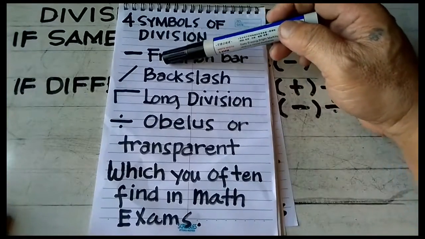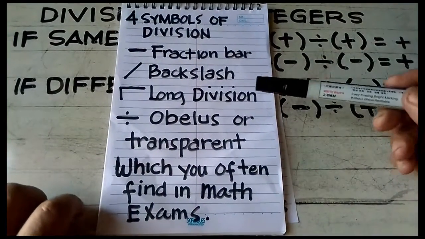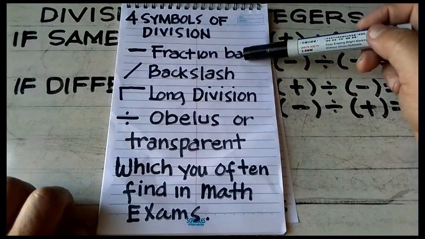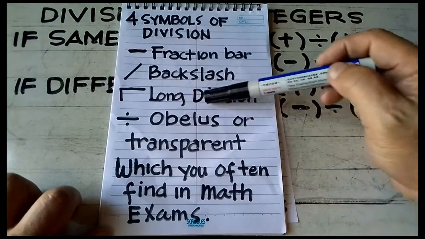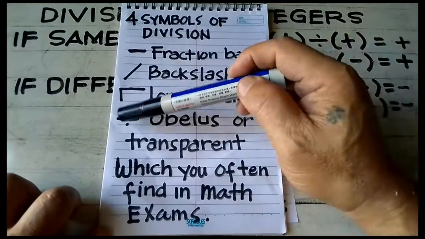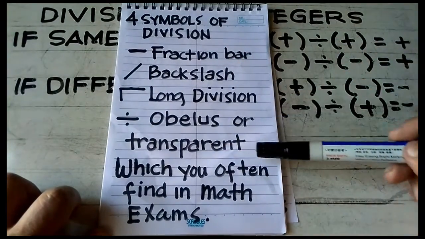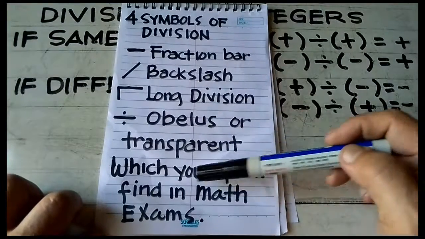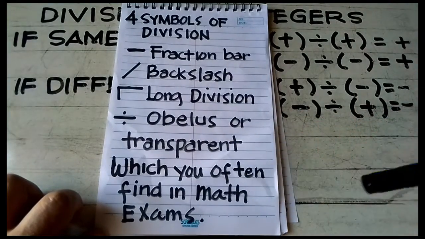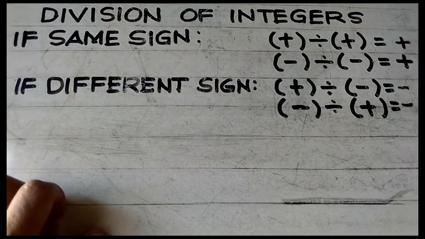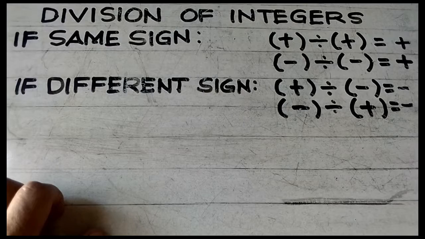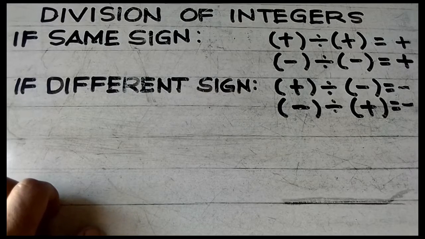This is the horizontal line, that is the fraction bar symbol, slash or backslash, long division, obelus or transparent, which you often find in math exams. In division of integers, we have an example. Ten divided by 2